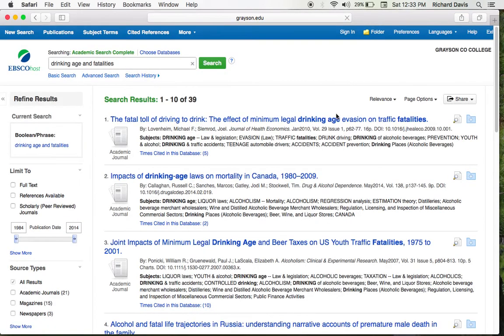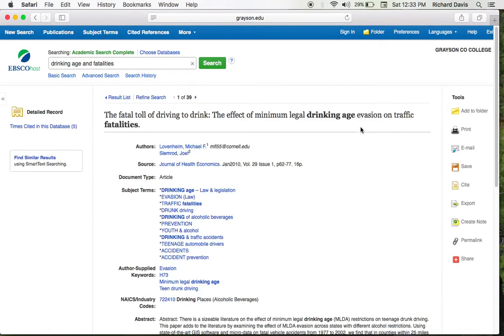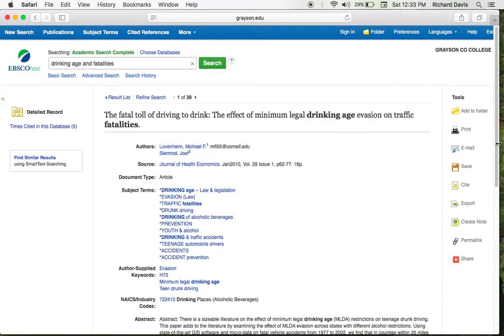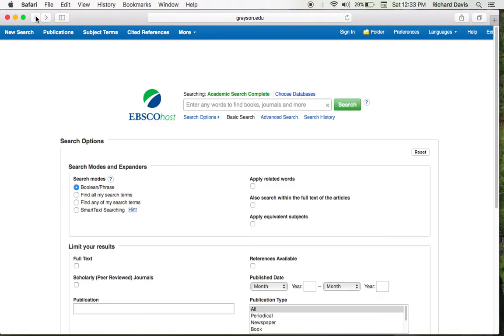Okay, so the fatal toll of driving, the effective minimum legal age, evasion of traffic fatalities. All right. Well, when you click on this, it's not really the article. This is going to happen to a lot of you and a lot of your friends who do not click on this video to see what's going on, unless you limit your search results to full